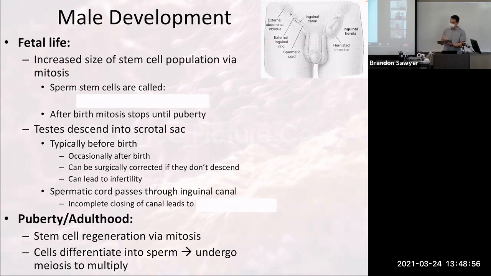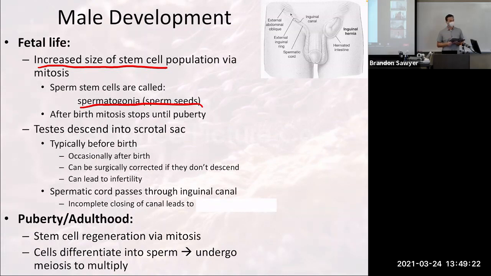So during fetal life in males, the size of the stem cell population, those cells that are going to eventually create sperm cells, the stem cells are growing like crazy. It's a case of lots of mitosis, okay? So males are building up a colony of cells that can eventually start producing sperm, okay? And so these sperm stem cells are called spermatogonia, which really just literally means sperm seeds,